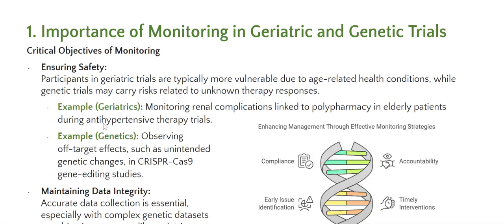An example that might apply to geriatrics: monitoring renal complications linked to polypharmacy in elderly patients during antihypertensive therapy trials. Another example that might apply to genetics: observing off-target effects such as unintended genetic changes in